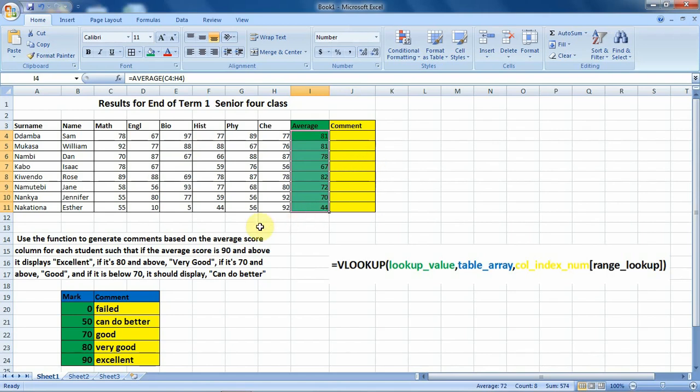So we would like to use the VLOOKUP function to generate comments based on the average score column, which is this one, for each student that we have on our screen. If the average score is 90 and above, we want the cells to display "Excellent." If it is 80 and above, we would like to see "Very good," and if it is 70 and above,